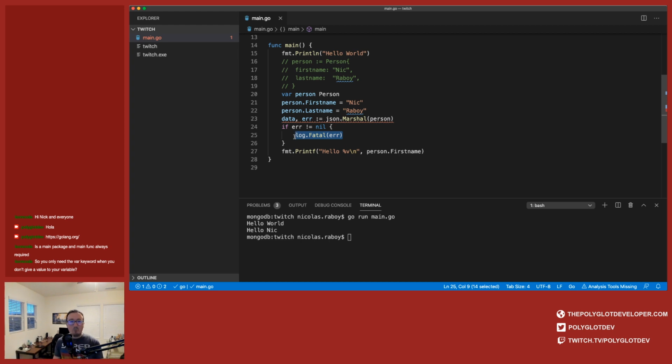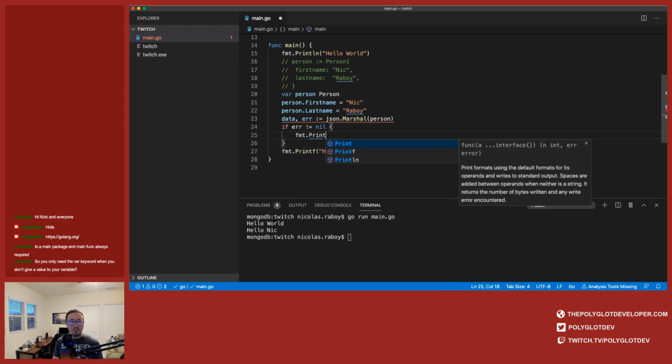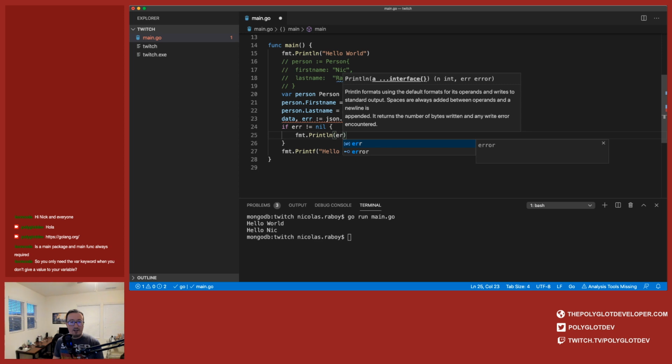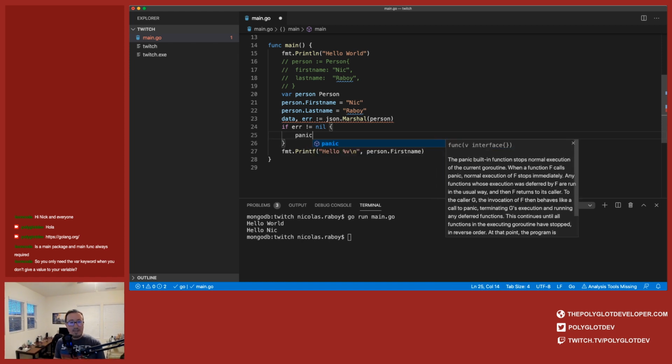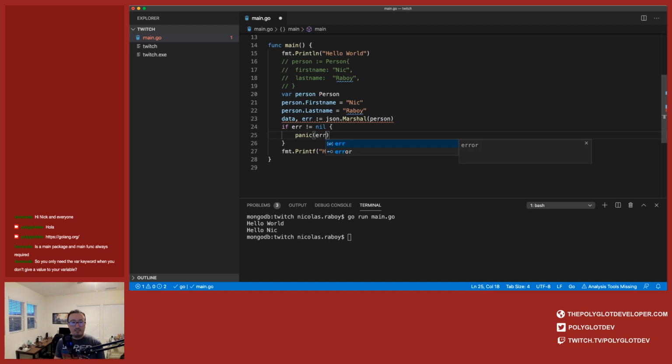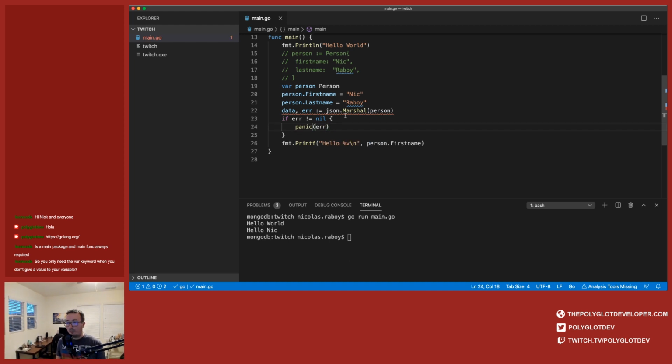Technically, if you wanted to, you can say something like fmt.Println error, or print v, or whatever you want, and you can say return. In that case, 28 will never be hit either. That's probably not a very clean way to do business. There's also the option of doing a panic. Panic will still terminate the application, so line 26 will still never be reached.